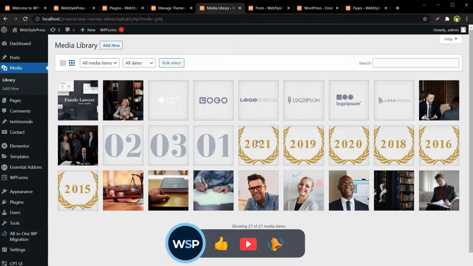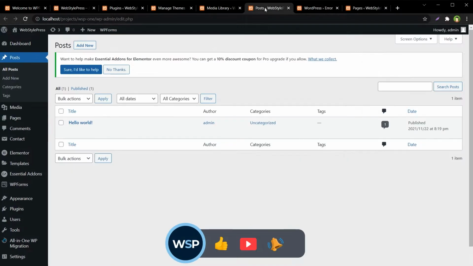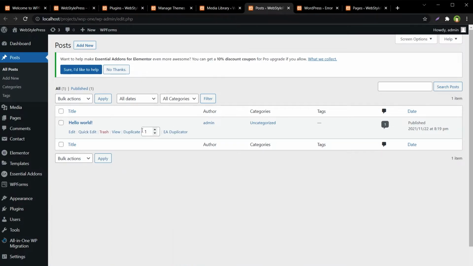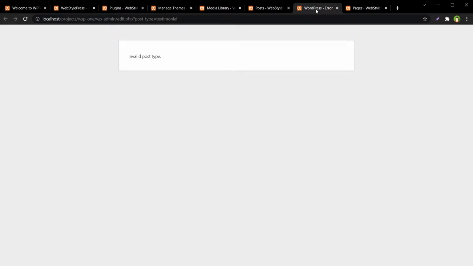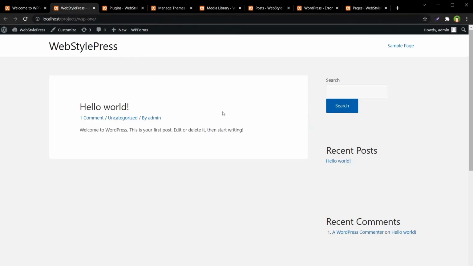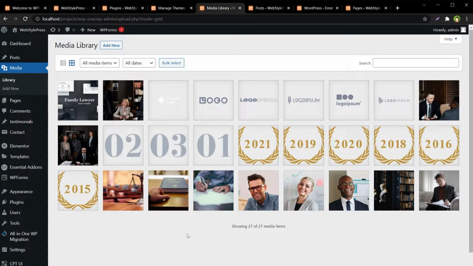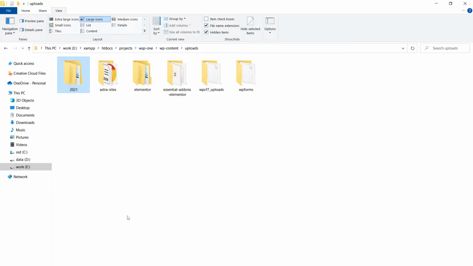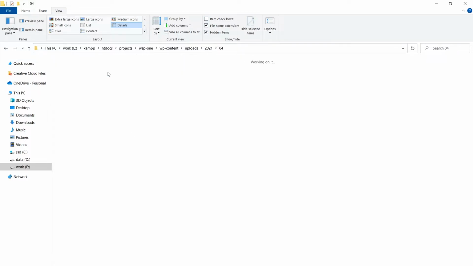Media library items or images were not deleted. For our posts, we have only one post, back to default, Hello World. And our custom post type testimonials are not there anymore. So custom post types were deleted. And for pages, we have Privacy Policy and Sample Page, back to default. All other pages were deleted. So for the media library, images were not deleted, and these are in our uploads directory.